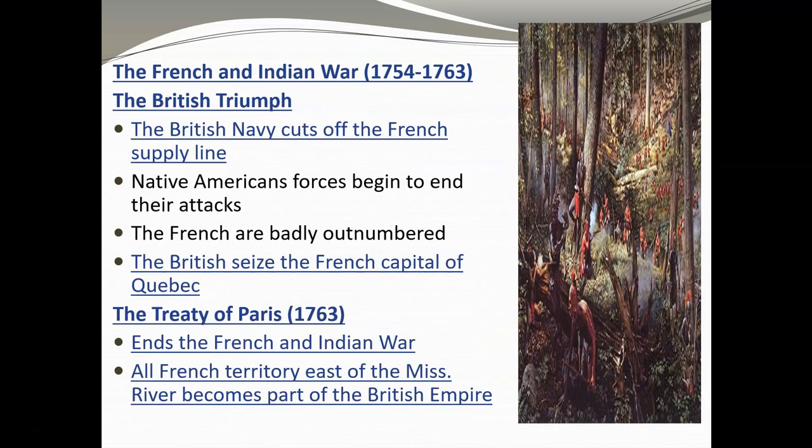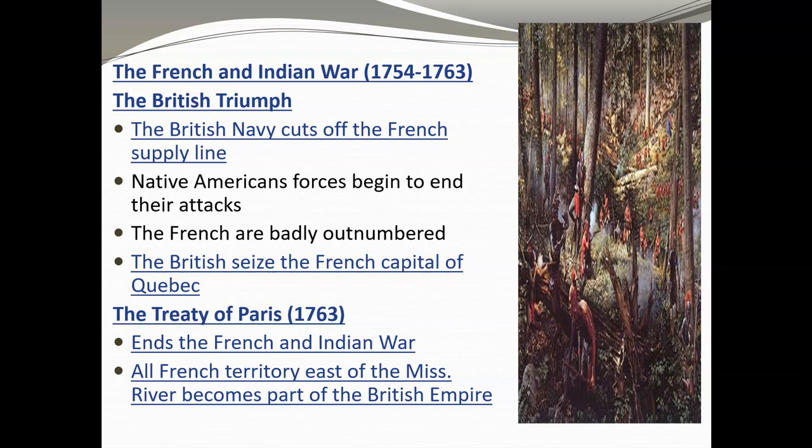Now, the British are eventually successful. We're not going to go into any of the specific battles. We're not going to spend a ton of time on this. But the British Navy cuts off the French supply line in the north, and are able to basically make it to where they can't get any more supplies to keep fighting through the rivers in Canada or the tributaries there through North America. The French are also badly outnumbered, especially once the Native American forces begin to end their